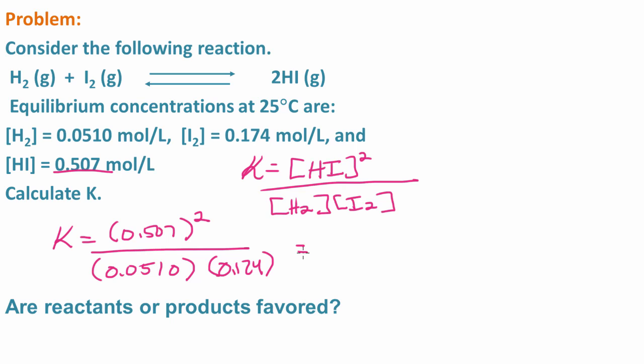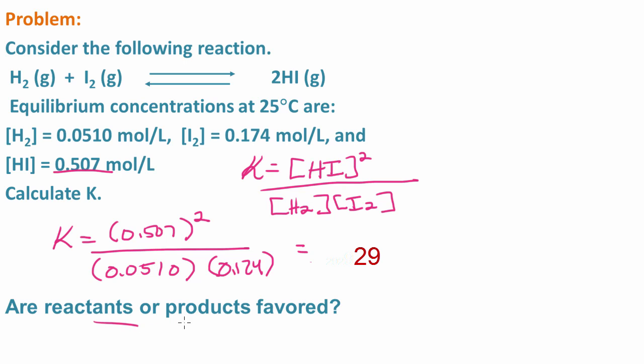which of course I can't find. I'll be back. Here we go. So I'll take 0.507, I'll square that, I'll divide that by 0.0510, multiply that by 0.174, and I end up with a K